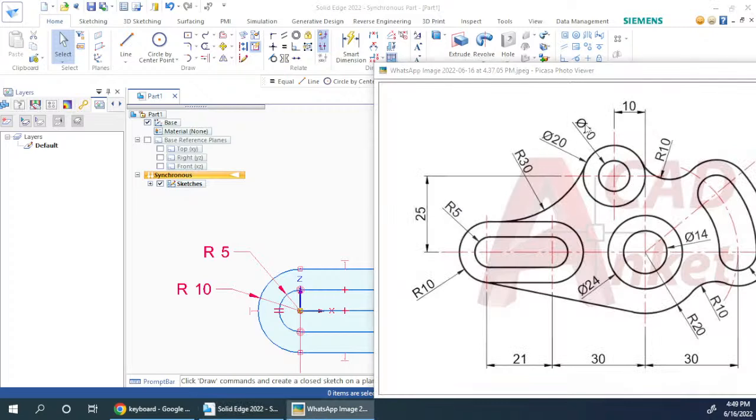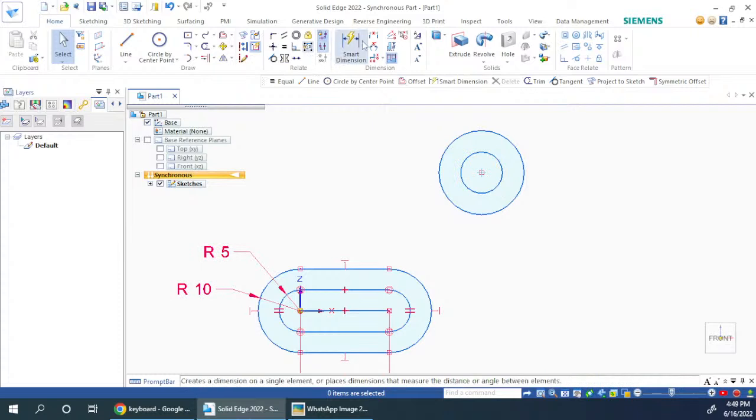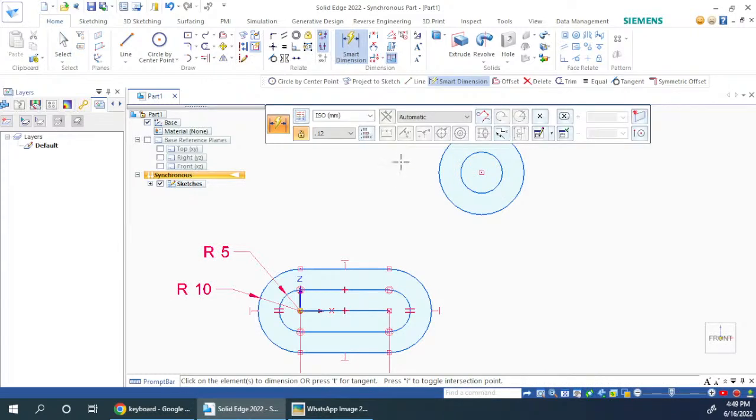So let's give diameter 10 and 20. I need diameter here, so go for smart dimension, and yeah, diameter is coming here automatically, so that is 20, and then this diameter is 10,